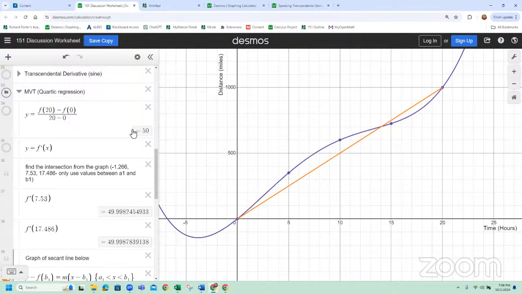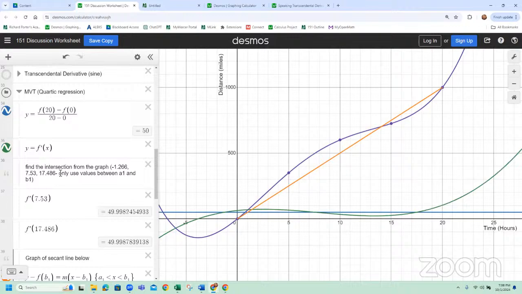All right, the next thing I need to do is turn that line on and turn that line on and find the intersections of the blue and the green line. And you find the intersections. One of them is at 7.52. It's at that. So that's one of them. So I'll copy that over here. And then the other one is this 17 point,